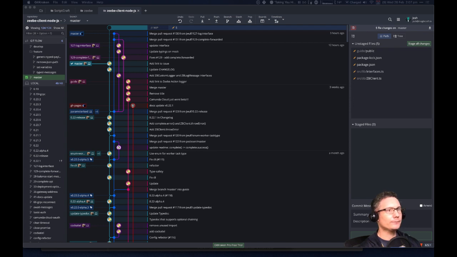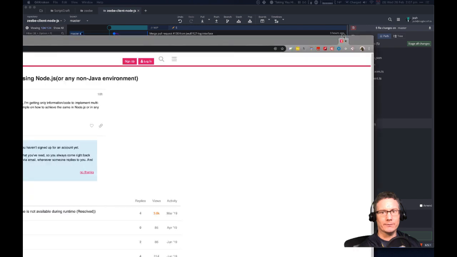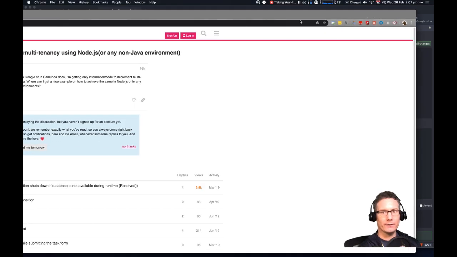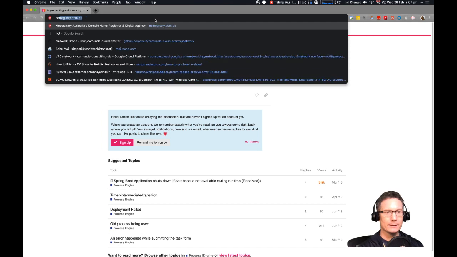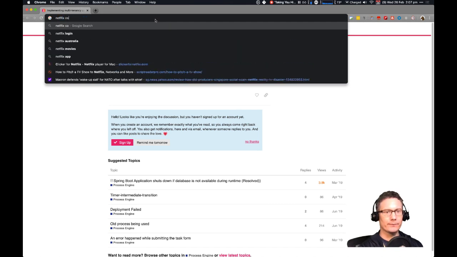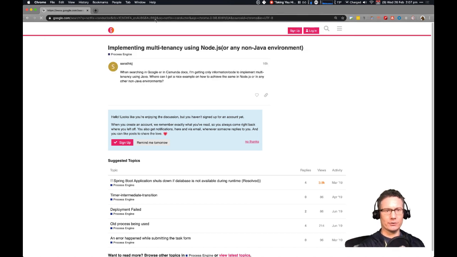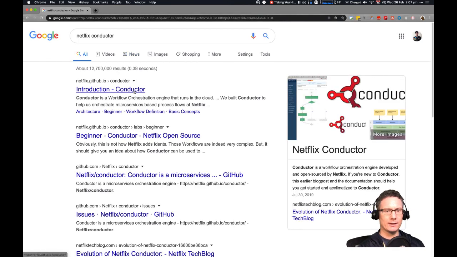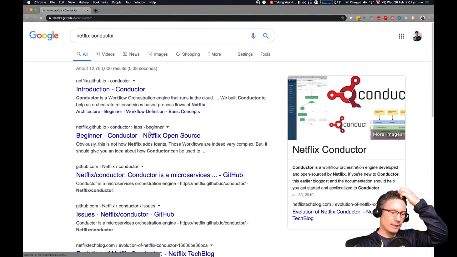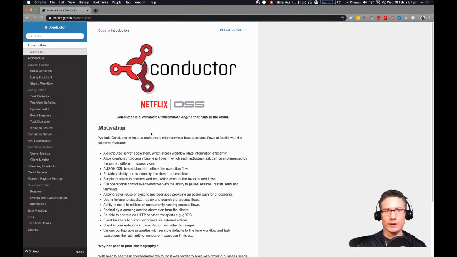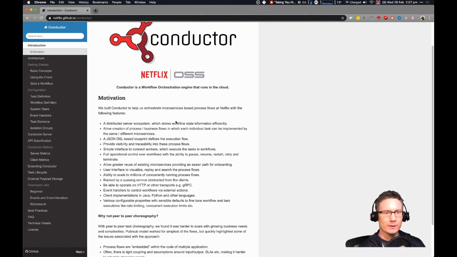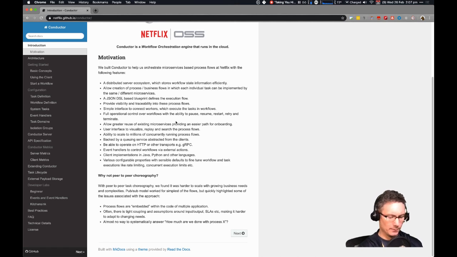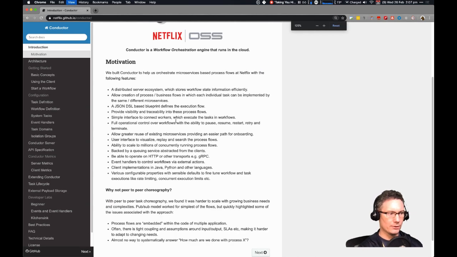Okay, so let me grab a browser tab over here, expand it up so we can see the whole thing. I've got a million things open at the moment, as I usually do. Netflix Conductor. Now, the last time I ran Netflix Conductor, I just installed it in Docker. It needed its own database. It uses its own, I think proprietary, one. When I say proprietary, I mean its own, not like it's DynamoDB or something. Let me make this a little bit bigger, both for myself and for you.